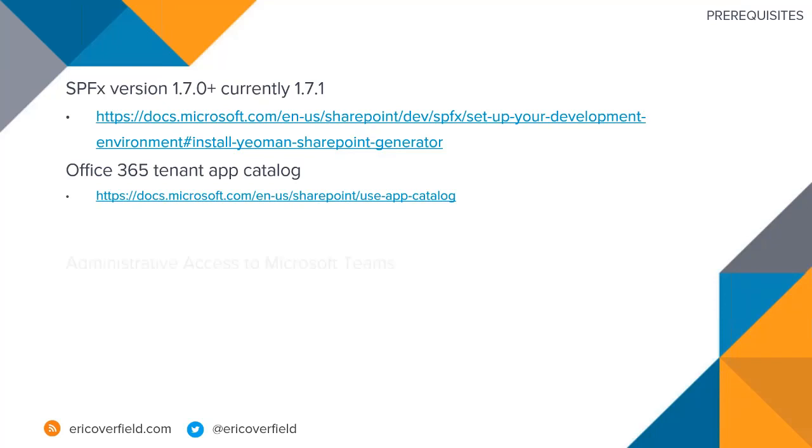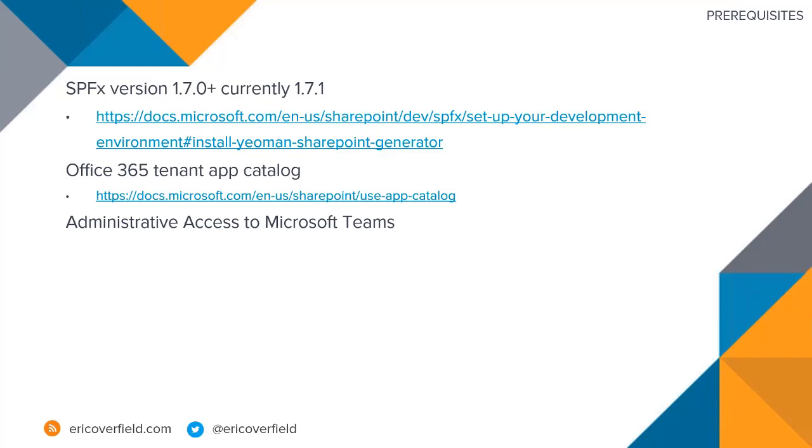And we'll look at this again for those of you who aren't sure about that, don't worry. In order to add an app, you are going to need administrative access to Microsoft Teams. So if you're not a Teams admin, you're going to need to work with a Teams admin, or you'll need to ask for assistance. Another option here from the development side is you should be creating yourself an Office 365